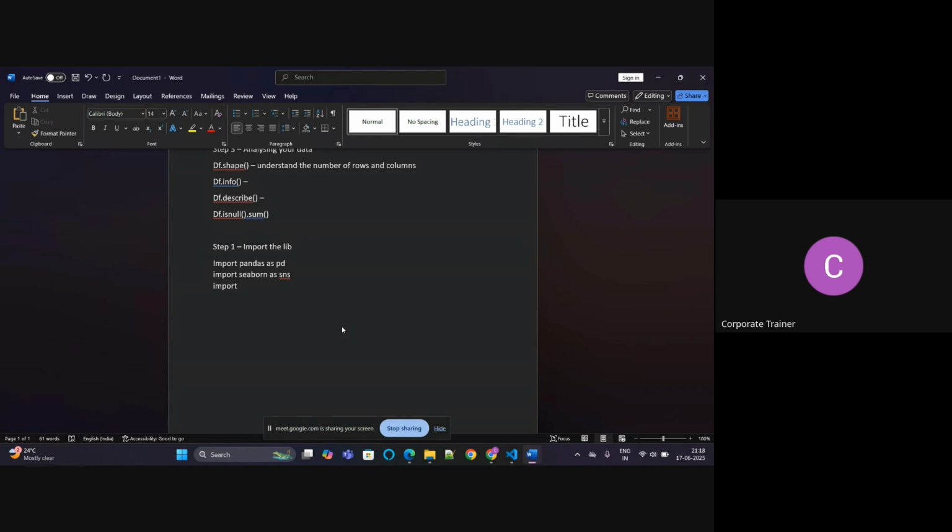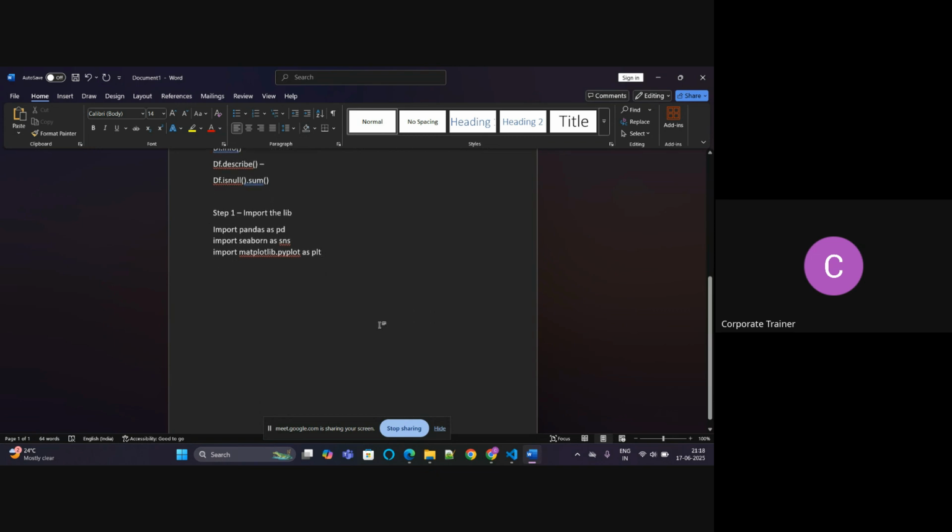If you're interested in matplotlib, you can define it like that: import matplotlib.pyplot as plt, in short form. So this is the approach to define the libraries. Next, you have to load your data set. Whatever data set you have, for this you have to write